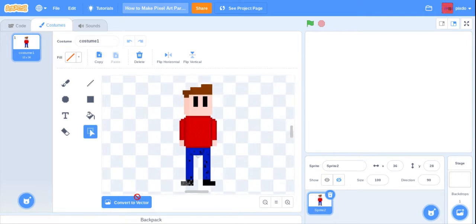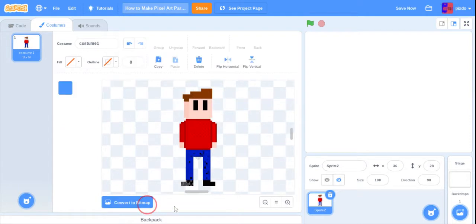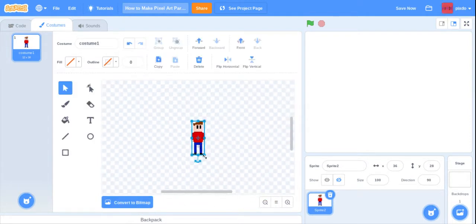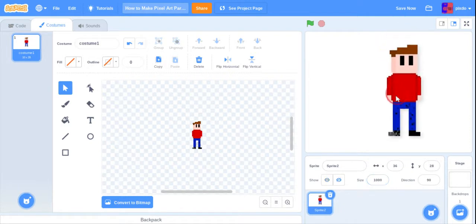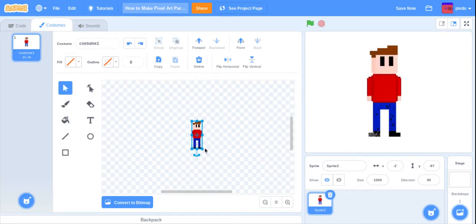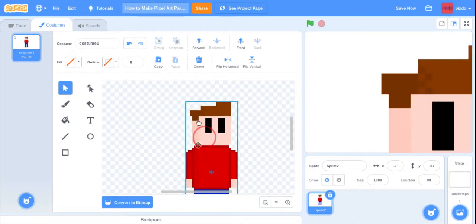So first thing you need to do is convert it to vector. Then make it smaller. Make this part bigger. And then pixelized. But also, if you were to make it bigger,